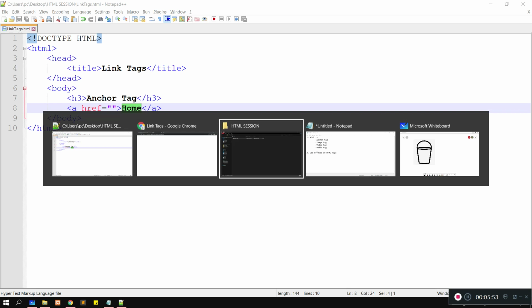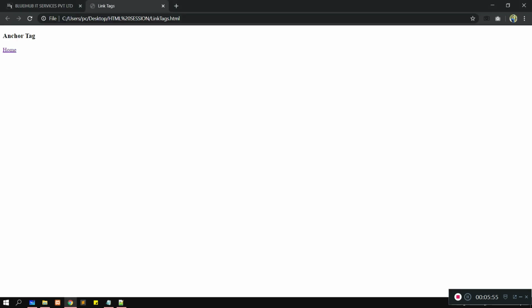Just run this first. See, I have applied an anchor tag on this text home, and its design automatically gets changed.